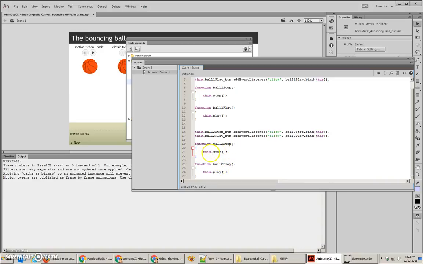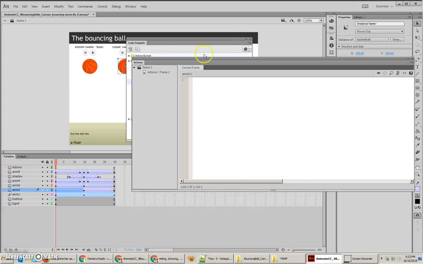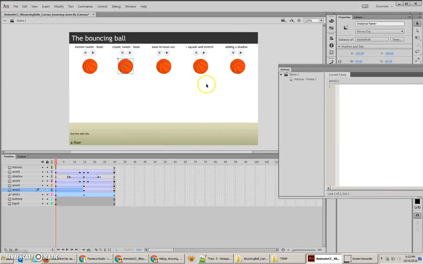Now you may think that this would do this dot stop. But what I really want to have happen is I want to move this object into its own movie clip so I can control that one separately. So in order to do that, I'm going to go back to my main window here, just put my actions